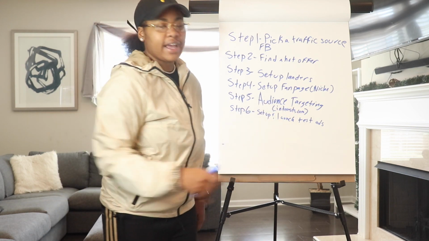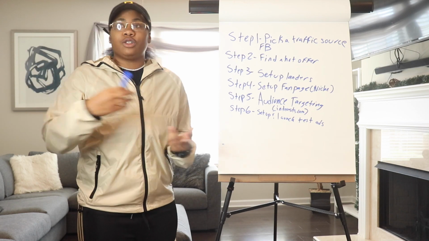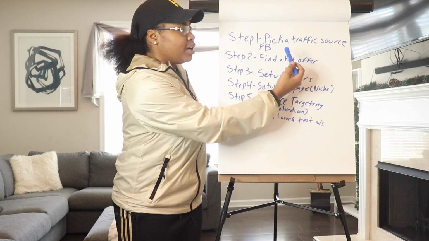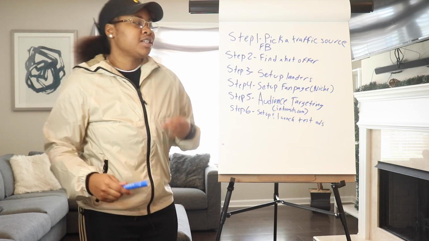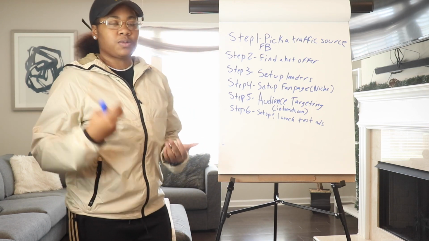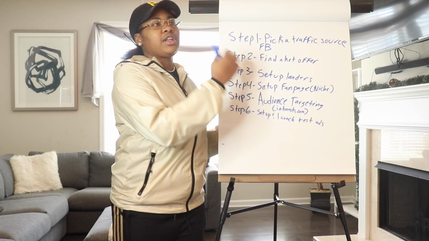Now, setting up your ads, you can get your own videos. You can get videos from Facebook. You can get videos from YouTube. You can clip things together, but you want ads that speak the language of your offer and your landing page. You can do that in video form. You can get photos. Some of these Clickbank offers actually have affiliate resources where they'll show you certain video ads. They'll show you pictures they've already run,